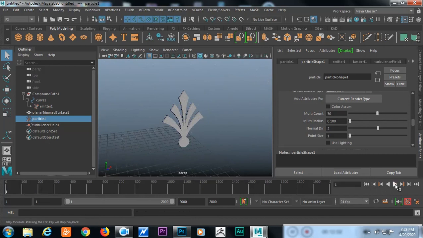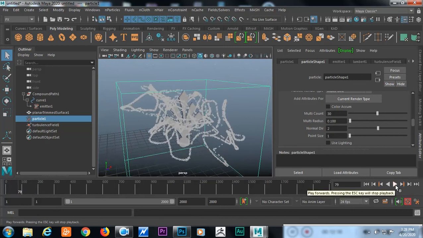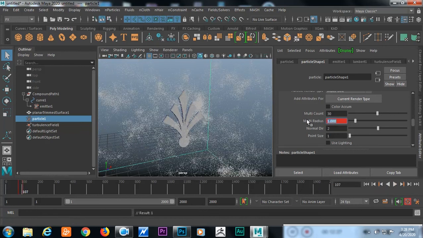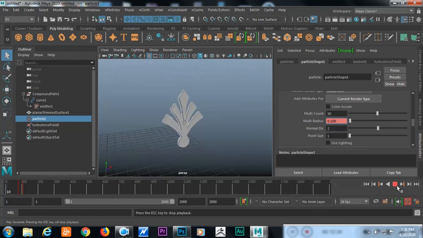I'm going to animate the particle radius. When it's blasting, I want it to spread. Let's say around frame 79, particle radius should be around 0.1, and after some time, let's say around this particular frame, I'm going to increase it to, let's say, 1, and I'm going to set the key. Auto key is already on, so we don't have to worry about setting up the key. So if you just check this thing out,